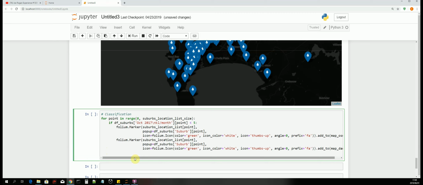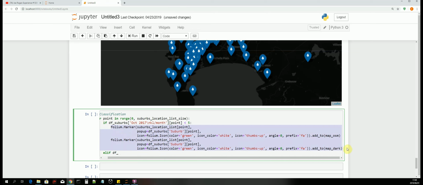And now we say elif for our second condition, which will use the same code. So we can just copy that. And then we say if that value is greater than 5